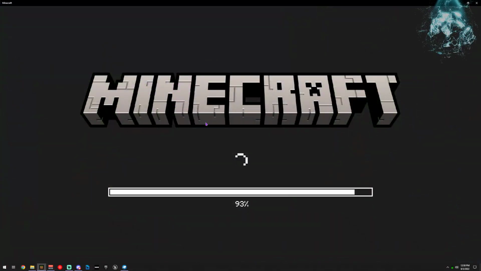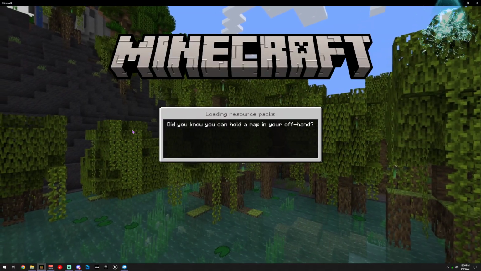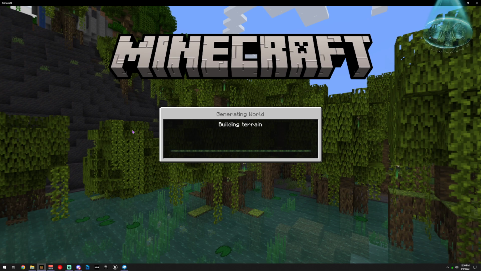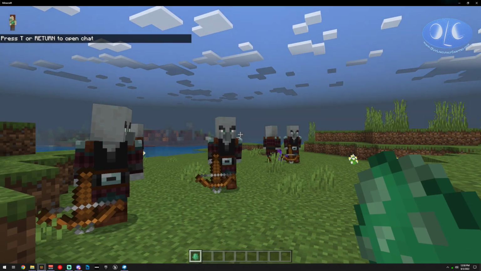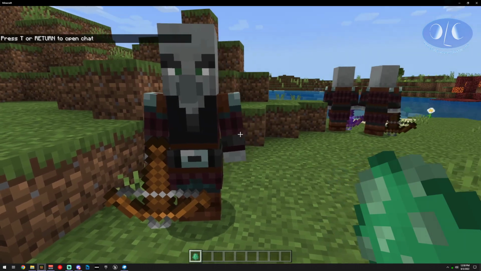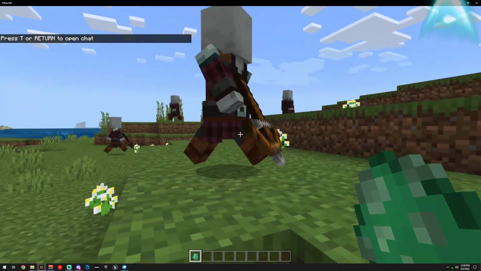So here we got him now. Let's go back to Minecraft and make sure that our texture updated. And that proves that we're working on our live entity. And there we go. So now we know that our texture changed.